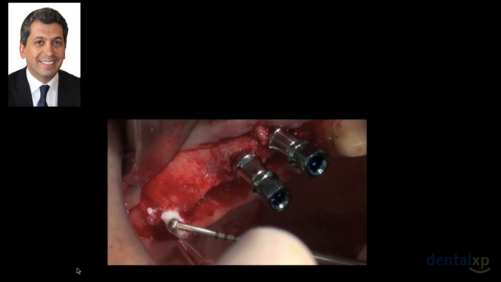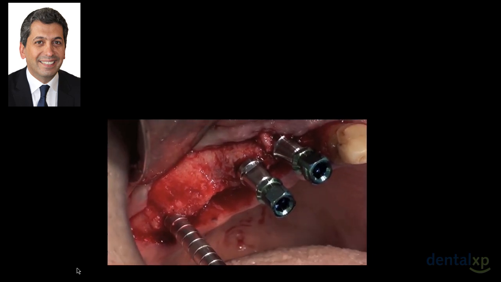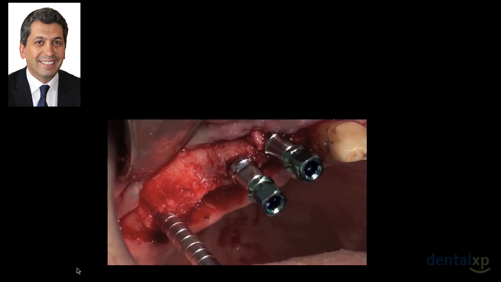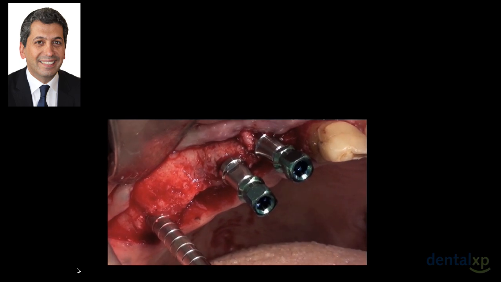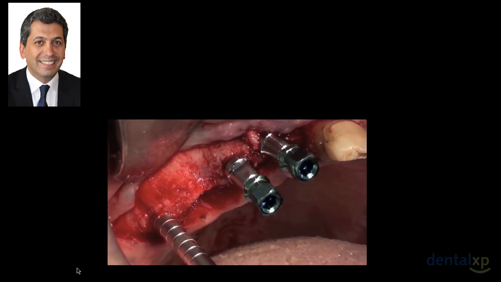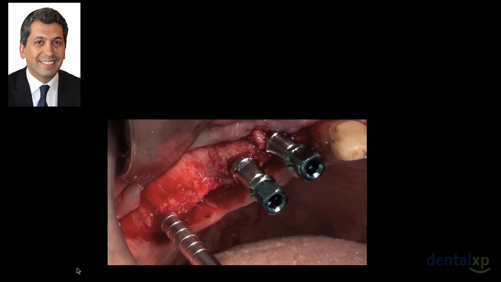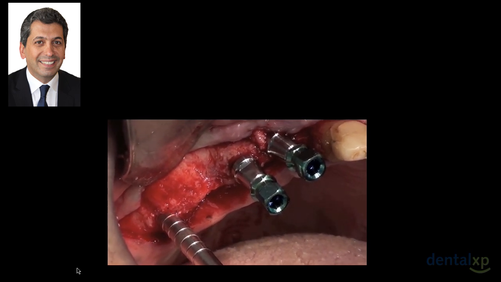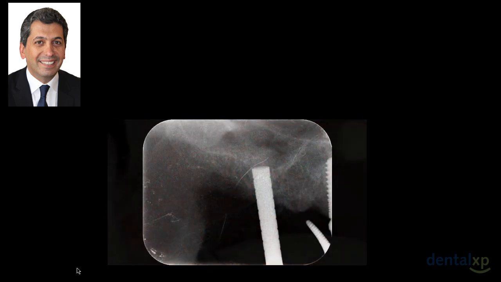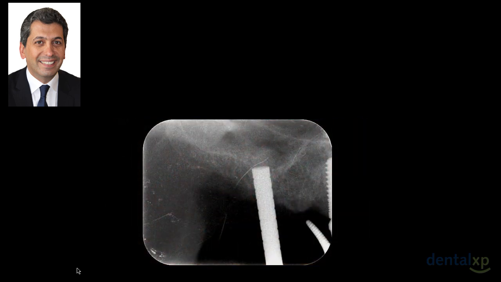And you can see you have to be patient, you have to go step by step. Each time we add some more biomaterial and we tap it until we reach, at the beginning, only the 5 millimeter height that we have. But as we go more into the sinus floor elevation, we can reach more. So you see here